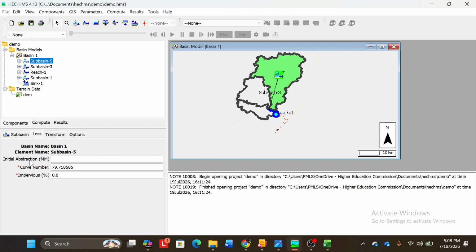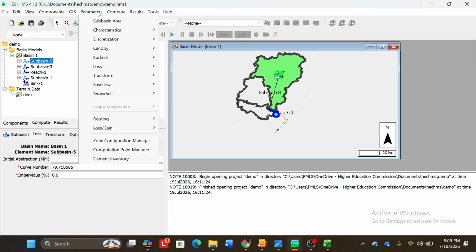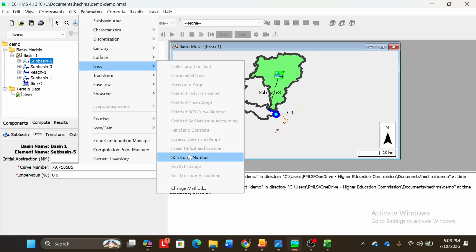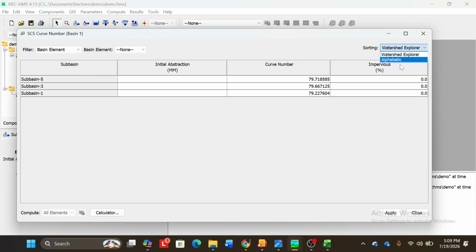So we have the initial abstraction still empty. So now let's go to compute. Now go to your parameters and loss, SCS curve number, basin element and alphabetic. So I'll just put 0 for the initial abstraction for now, and for the impervious I will apply